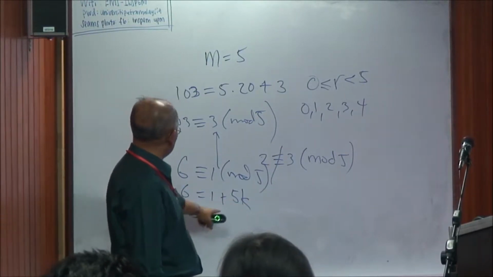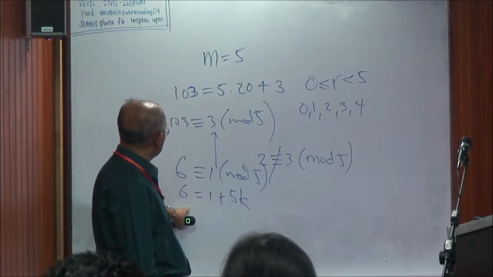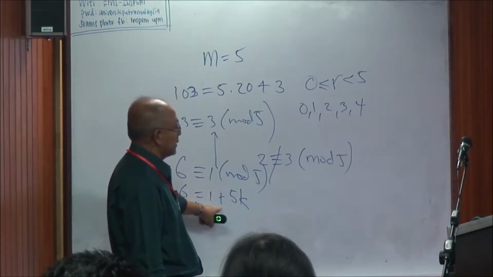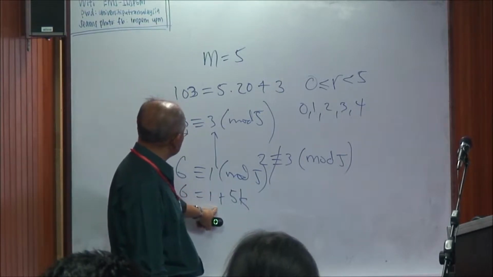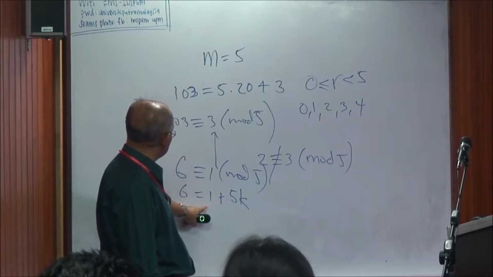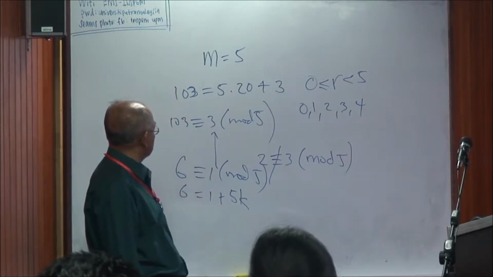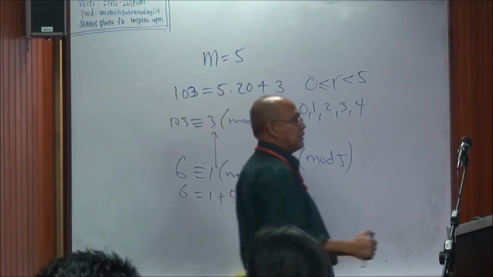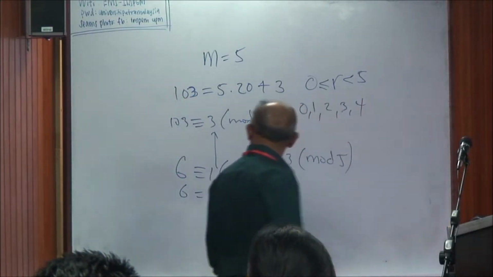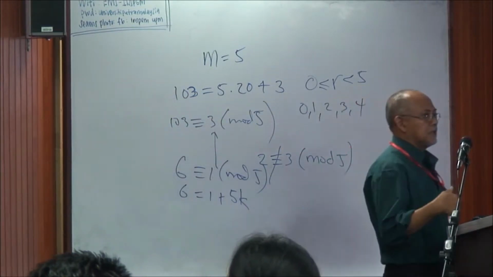So let's say k is 0. What do you get? The residue is equal to 1. Then other integers which have this residue of 1 modulo 5, like 6 for k equal to 1. So k is equal to 2, let's say, so we have,